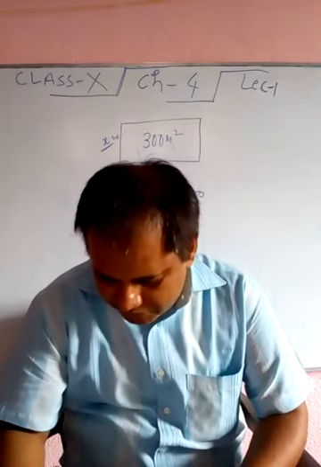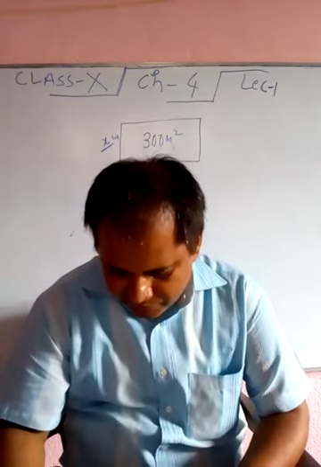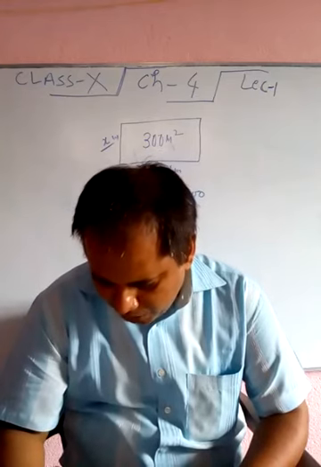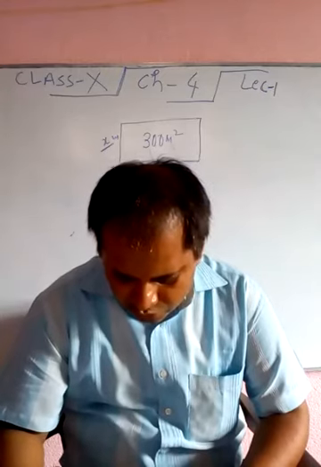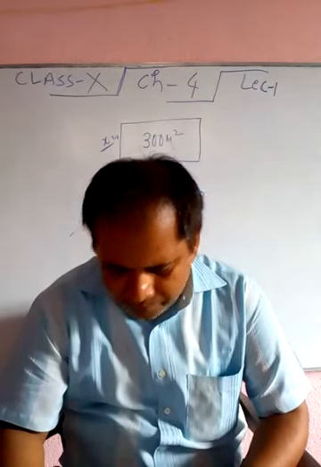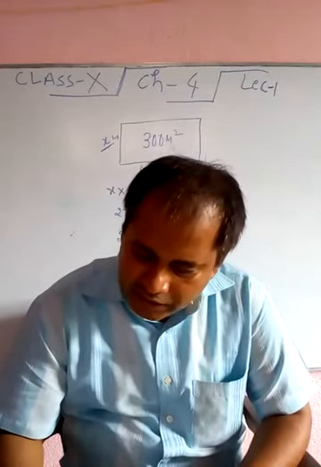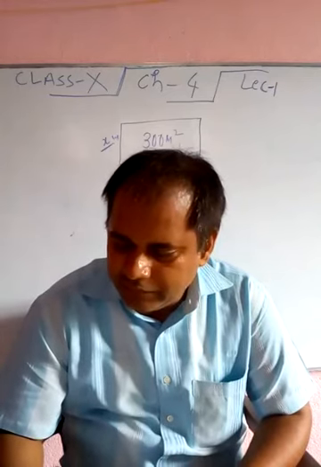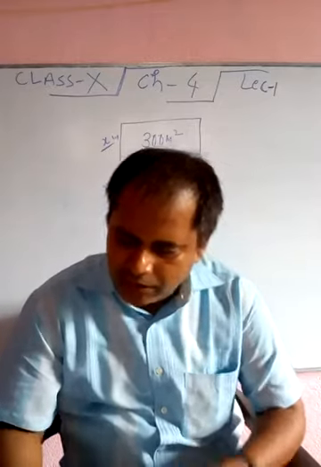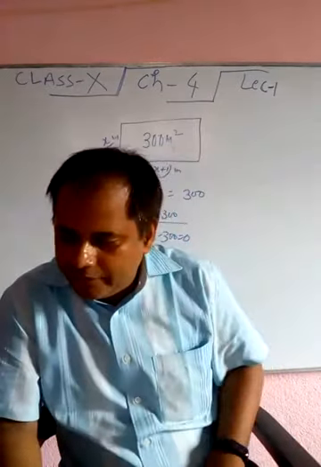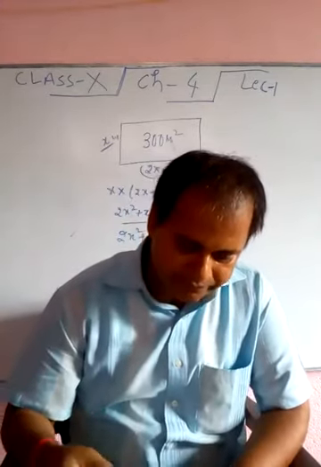Solving of quadratic equations in general form is often credited to ancient Indian mathematicians. In fact, Brahmagupta, AD 598 to 665, gave an explicit formula to solve a quadratic equation of the form ax square plus bx plus c. Later, Sridharacharya, AD 1025, derived a formula known as the quadratic formula, as quoted by Bhaskara II, for solving a quadratic equation by the method of completing the square.